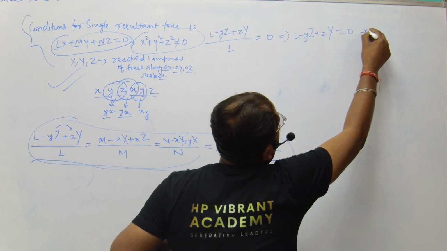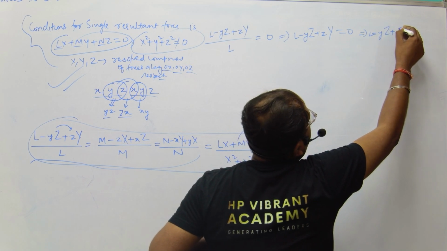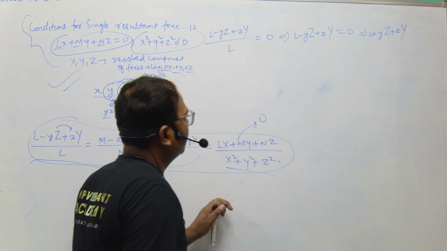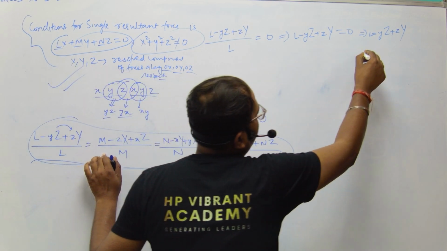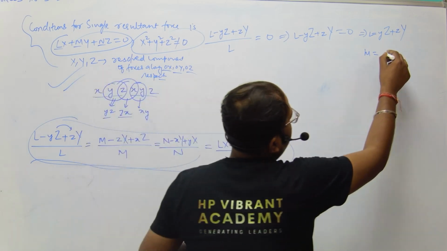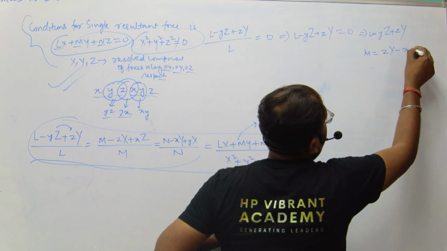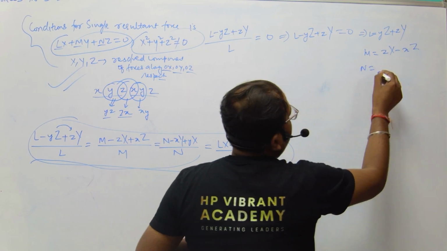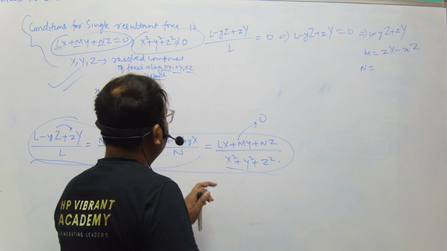So from here L is equal to y capital Z minus z capital Y. Similarly M is equal to z capital X minus x capital Z, and N is equal to x capital Y